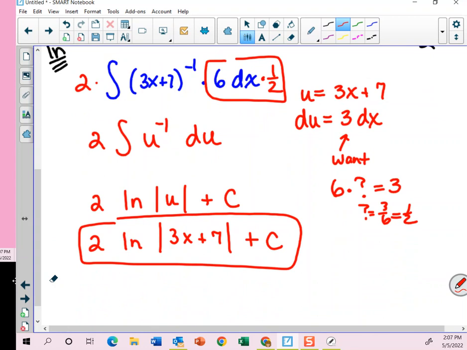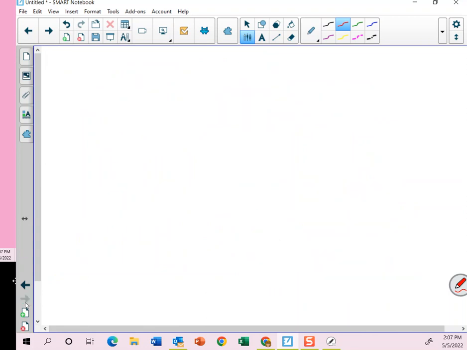Okay, we're going to do one more of these. We're going to mix last class's lesson and this lesson together. So we'll definitely want our calculators to ultimately get our numeric answer, but let's do this for our third problem. Let's do 1 to 2. Okay, we're going to do the integral